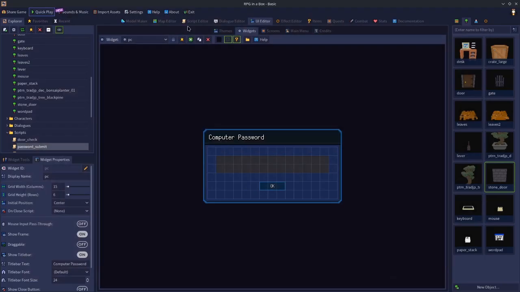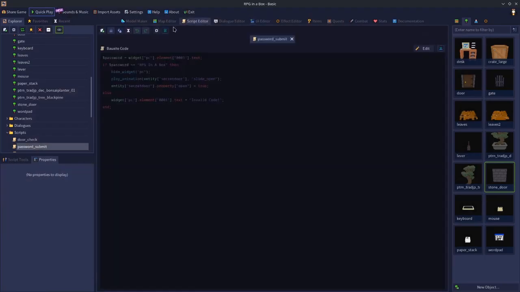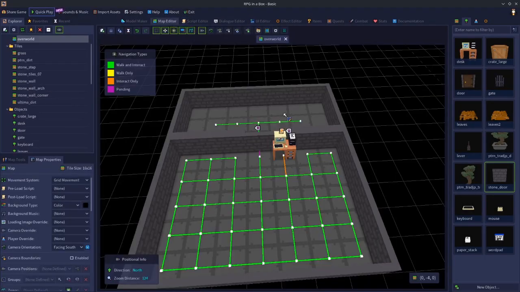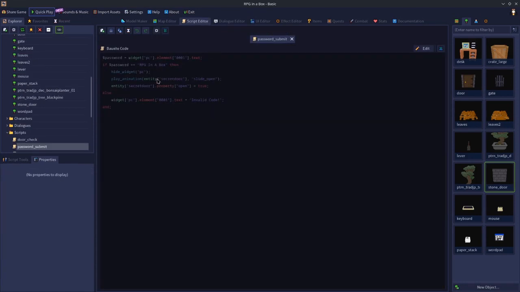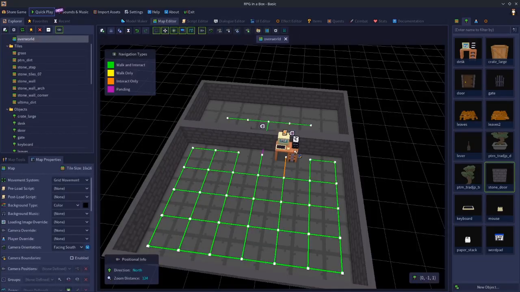Okay, so again, that's a very simple implementation, and that's also how to do a password box if you wanted to know. Very simple. There's other ways you can do it, but that's one way to go about it. But the point is, with this script, what we're doing is we're checking a specific bit of text. Does this match what your game is particularly looking for? Are they typing in the correct password for your game? So let's also go over multiple